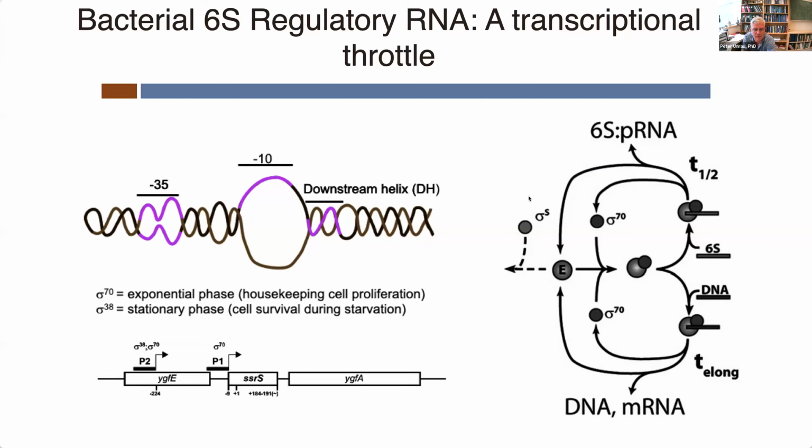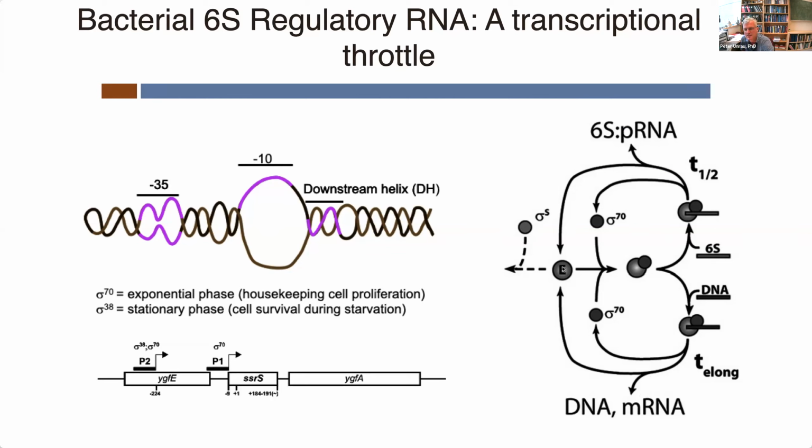In the lab, we've been studying the 6S regulatory RNA. It's an RNA in bacteria that throttles transcription of housekeeping transcriptional processes. Take the sigma 70 promoter bound to holoenzyme. Normally, you think of it binding a DNA promoter. It then transcribes it, kicks out the sigma 70 so it can be recycled, and kicks out an RNA transcript and ultimately a piece of DNA.